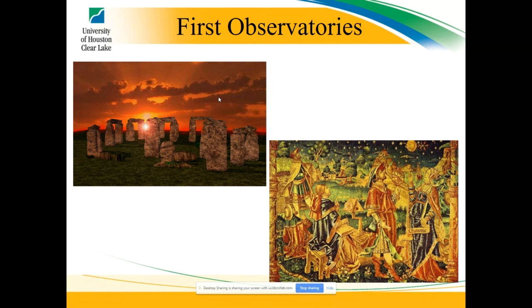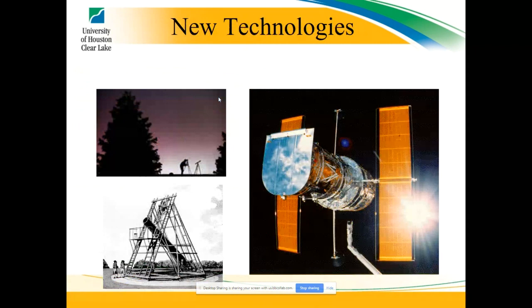But also it told a lot of things about where we are in the solar system, how the solar system moves. And you could see in this bottom picture, there's a guy actually taking data. So there are actual records coming from this. Now, this led to more technology, which was needed for even more data. So you've got more accurate telescopes. You've got some telescopes even in space. And all of them are meant to study further and further out in the universe so that we can get a better picture of what's really going on in the universe, where all this stuff came from.